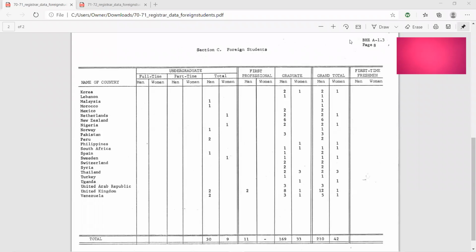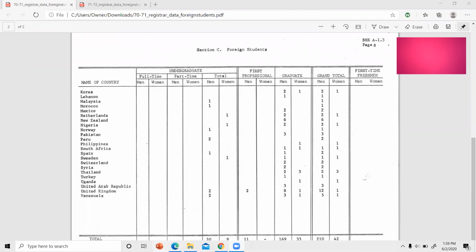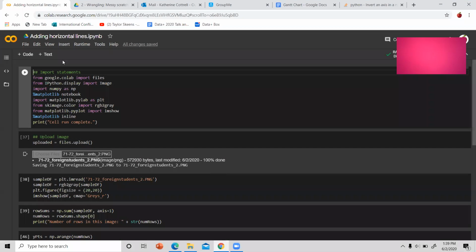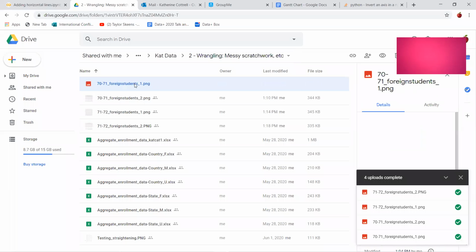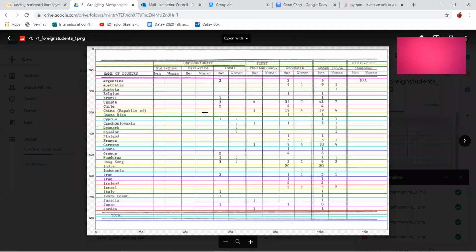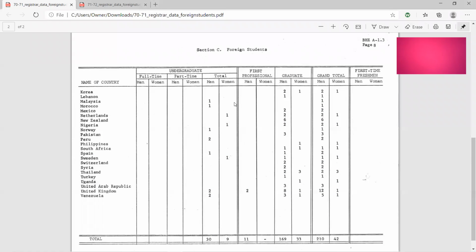Okay, so I'm going to show how you can convert from a table that's been scanned like this, that doesn't have any horizontal lines, to a table that has lines, so that you can see which rows are which, like this. Now this could be helpful later when we're scanning into either Able to Extract or a different OCR program